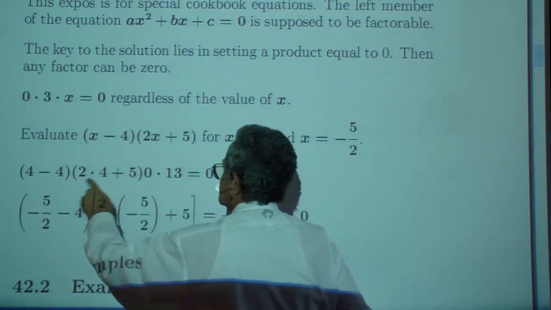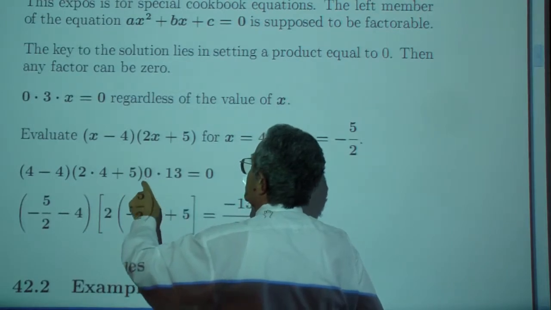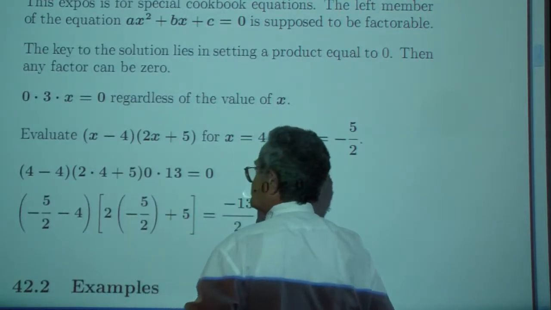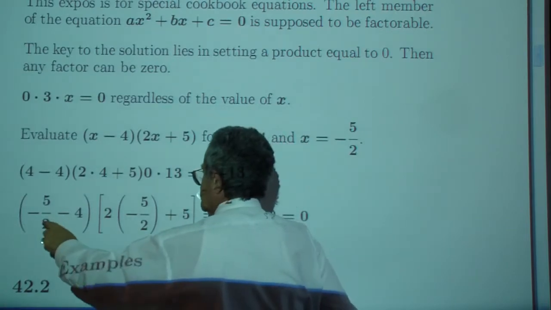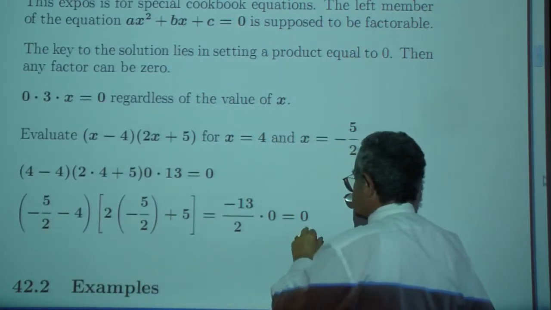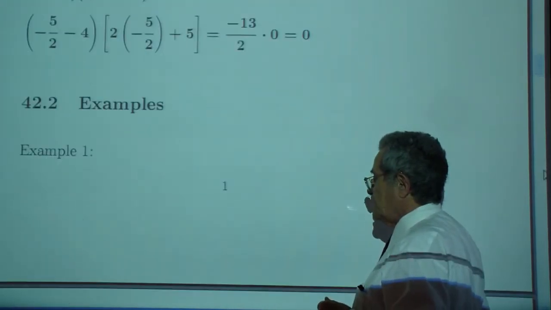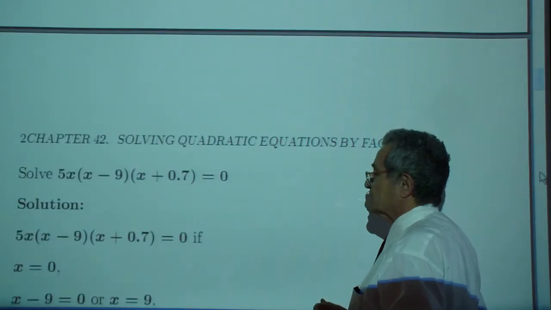And 4 minus 4 is 0. So this is equal to 0 times 13. There's an equal sign missing here. And if x is negative 5 over 2, this becomes 0, so 13 over 2 times 0, which is 0. Just what I said. And then in the nature of examples,